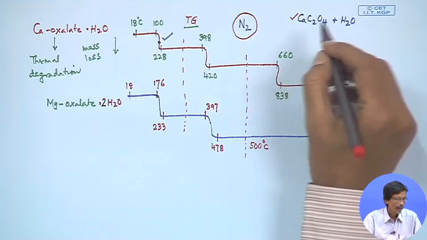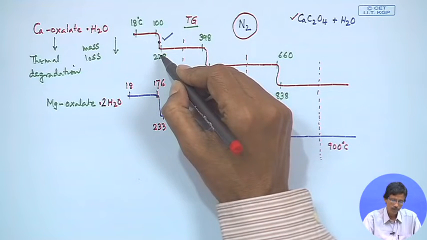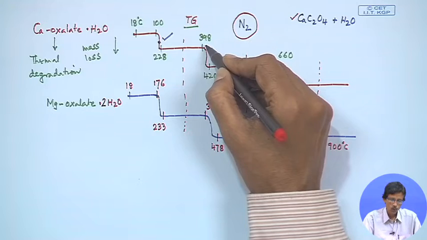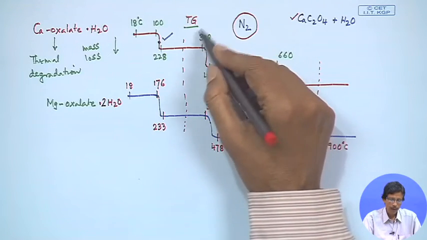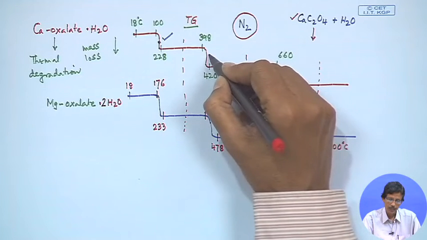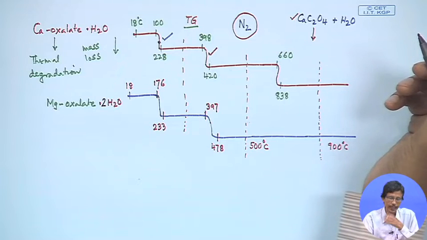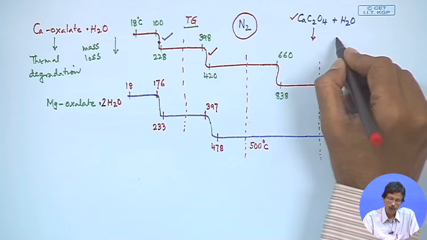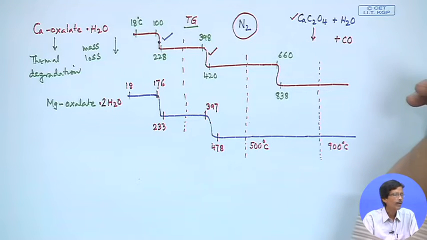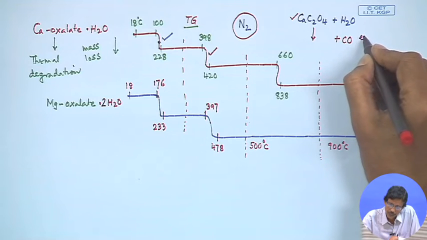But at this point we have the anhydrous calcium oxalate, which is stable in this particular range of 228 to 298. But above 298, when we heat it, at this particular temperature range of 398 to 420 degree centigrade, it will decompose in a step which gives rise to the elimination of carbon monoxide. So, carbon monoxide evolution